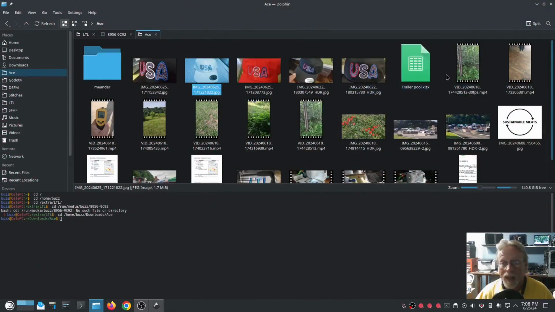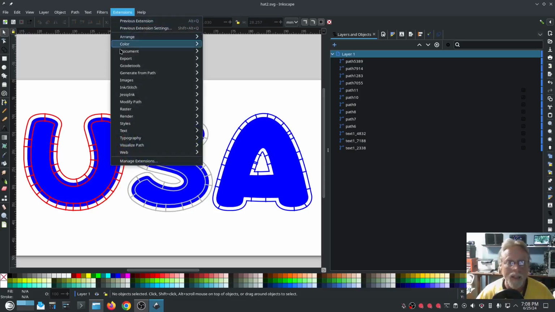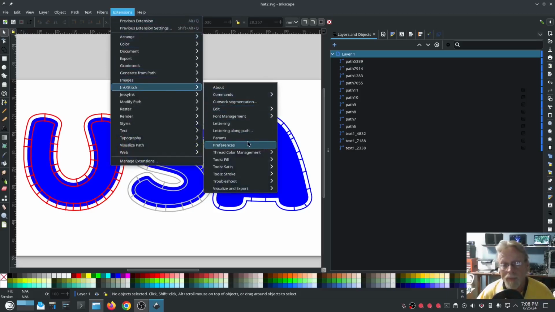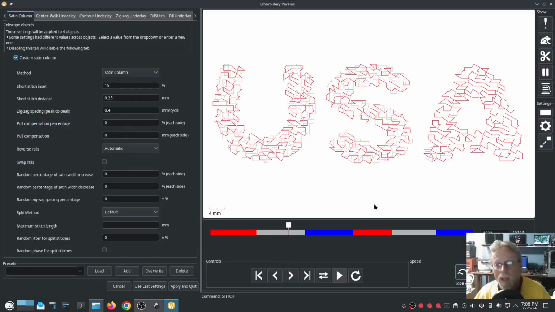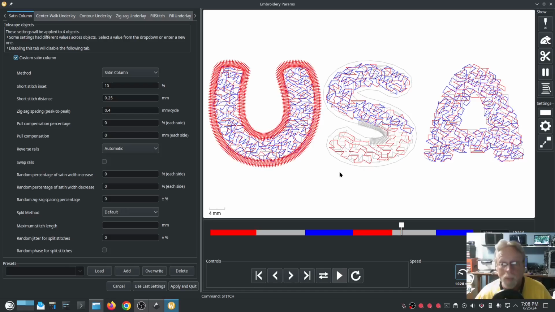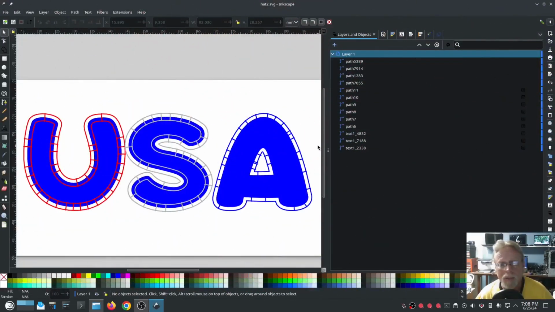So that is a multicolor, multi-layer color fill meander stitch design that just came to me, and I wanted to try it out, and it turned out great. So here's the preview again, the params preview. I do notice that there's a little bit of blue not finishing out, so that should be an easy fix. I don't think the hats did that, but